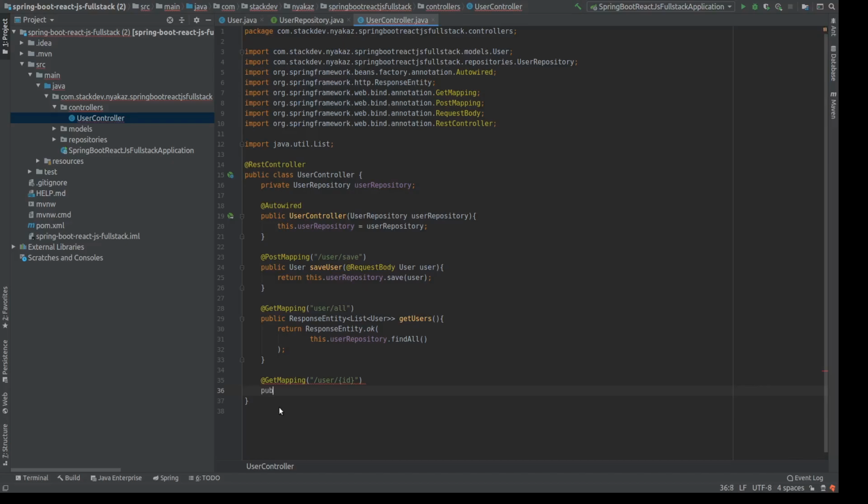So I'm going to say public, then I'm going to use ResponseEntity, which is going to return a User. Then the function, I'm going to call it getUser. That's the function name. So for getUser, we need to define the functionality here. For us to be able to grab the ID, because remember, we need to grab it by this ID,